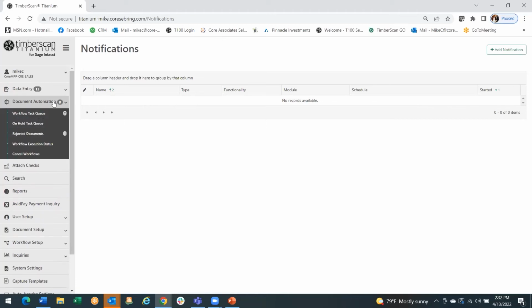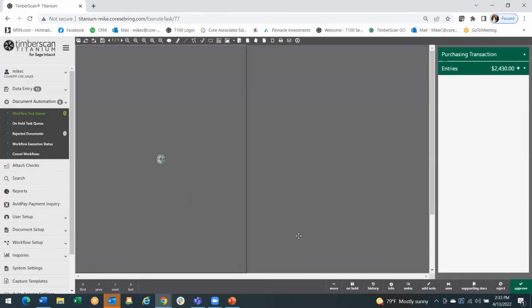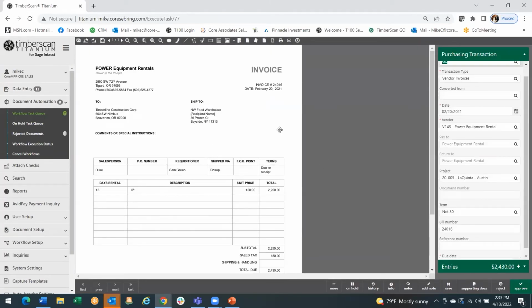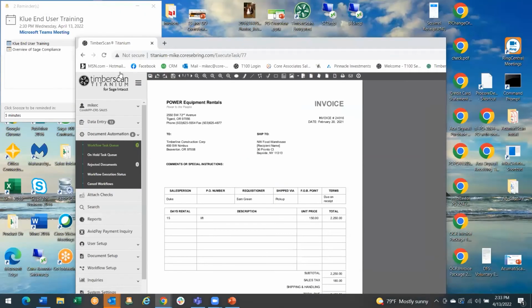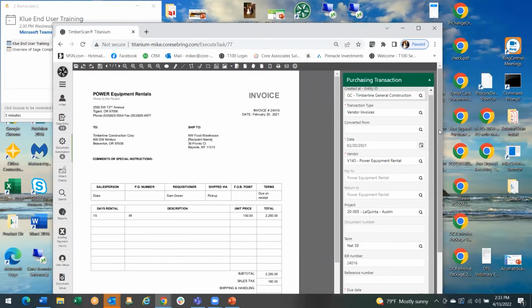So let's jump over to the workflow here. Let's say that I'm going to become an approver for a couple minutes. I'm going to open up my workflow task queue. And what I'm also going to do is try and shrink the screen down here for a second. But let's open up an invoice. Okay, so this is probably not a great simulation. I'll try and make this a little bit smaller. But basically what I'm trying to